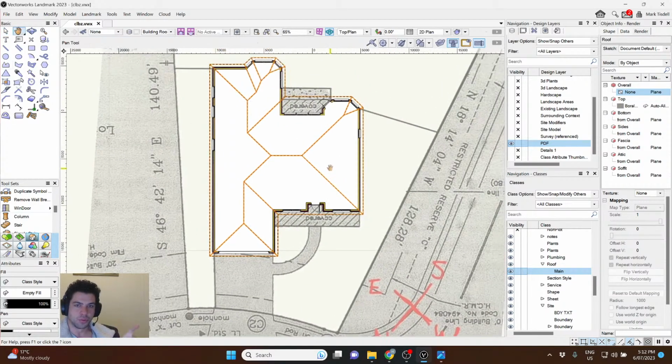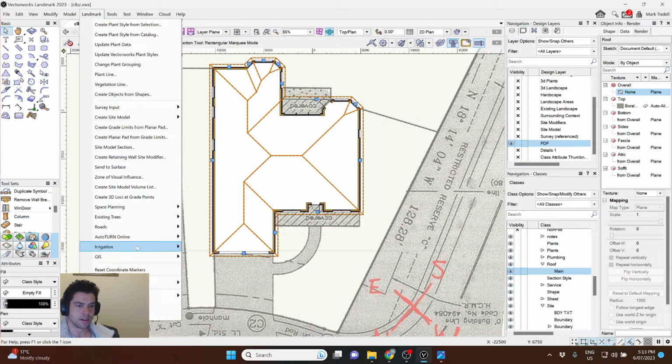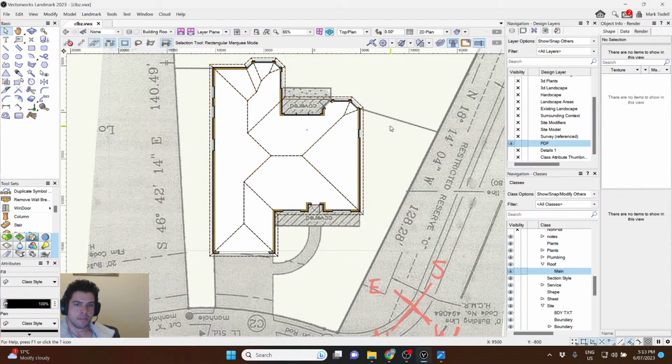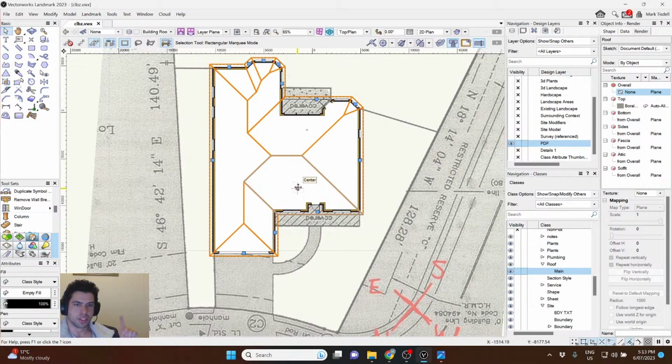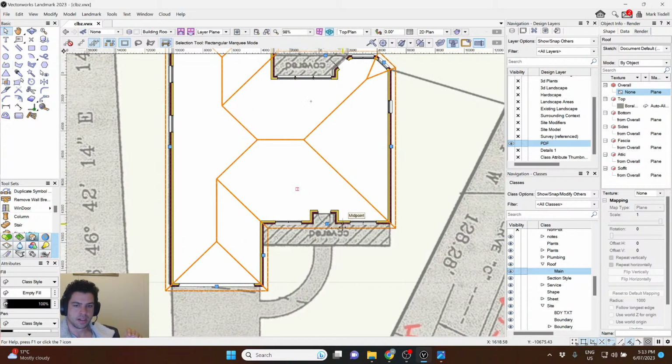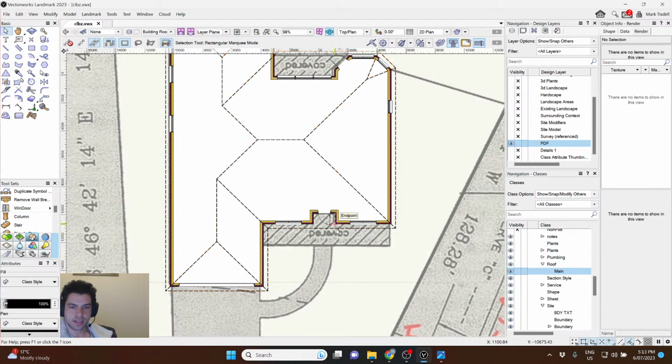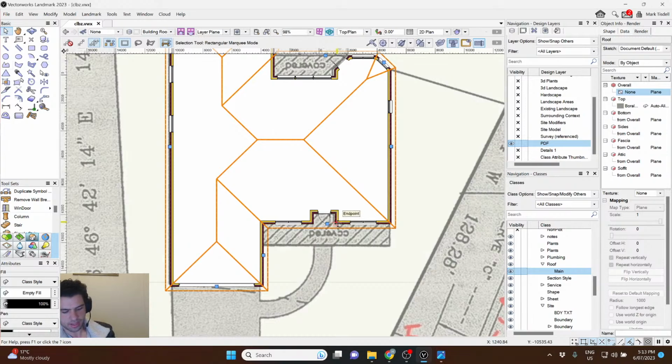Now, remember, I drew the shape and then I went to Landmark, Architectural, and Create Roof. What I can do from this situation now is if I try to double click on this, it just brings up roof settings, and I don't really want to change those. I'm quite happy with what the roof settings are. But if I was to select it and then press the dash key or the minus key,